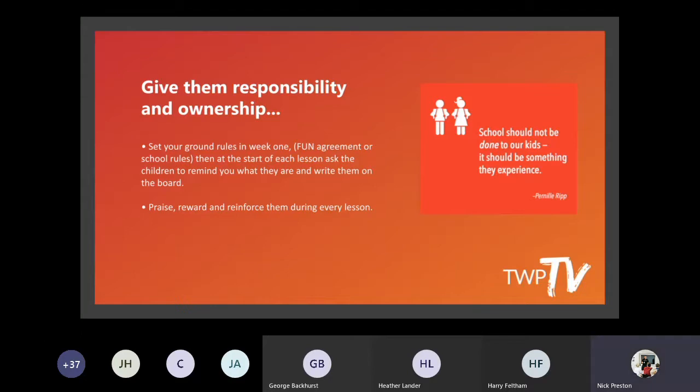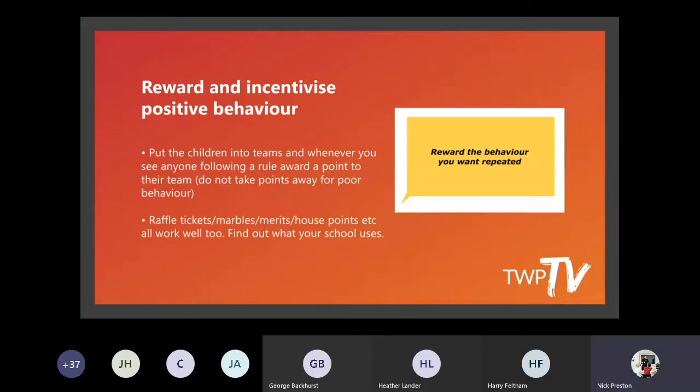And at the bottom, just reinforce again, we pay reward for the whole lesson. Reward the behaviour you want to be repeated. We all highlight those negatives, which I spoke about before, and they get more attention. Their attention draw from us is a lot more than we give on the positives.